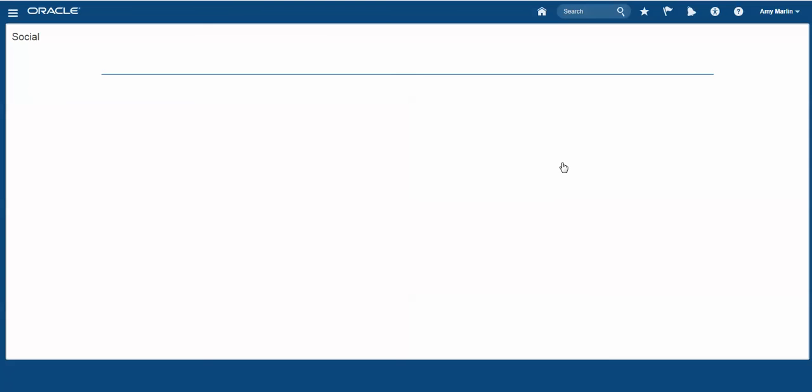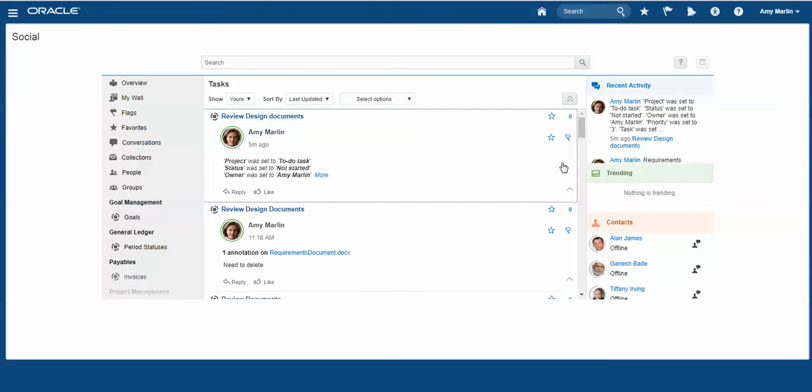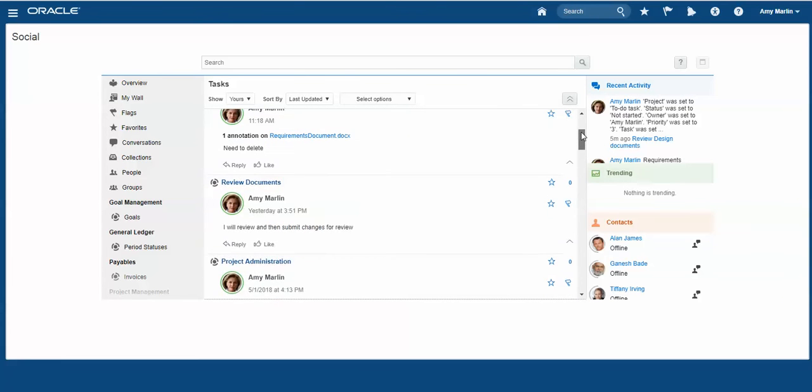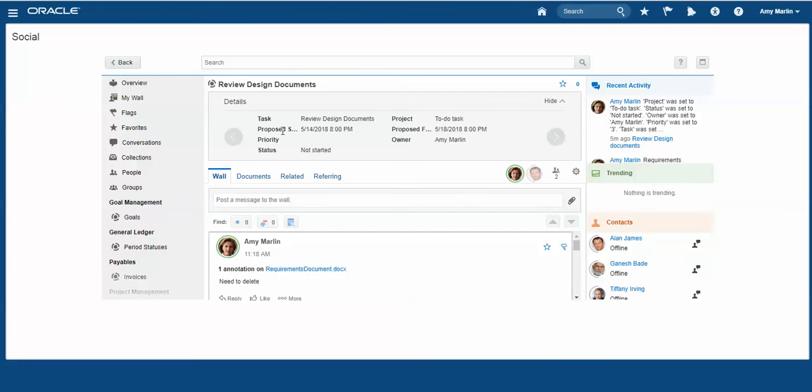Got full social capability in here to be able to do postings, to be able to create collaborative conversations, do collections of people and such. And here, Amy can look and see all the activity that's going on with her taskings. Here's one, review design documents. And you can see within here,